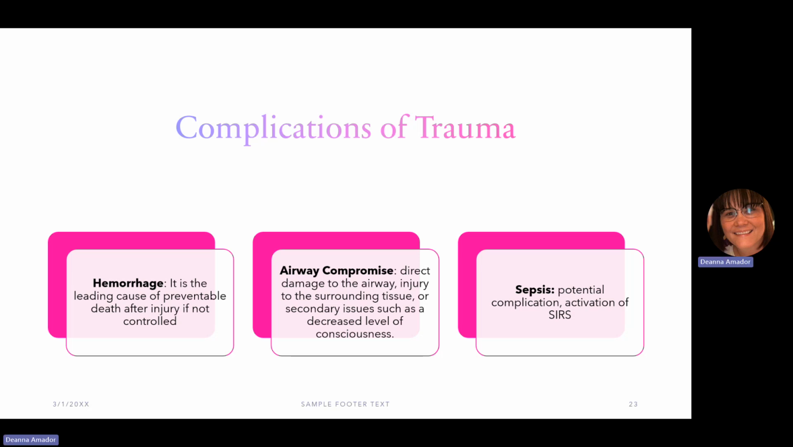Airway compromise: direct damage to the airway, injury to the surrounding tissue, or secondary injury such as decreased level of consciousness could cause airway compromise. And then